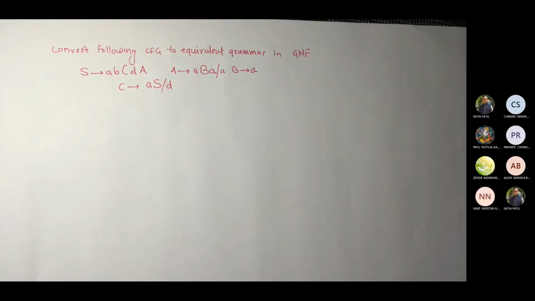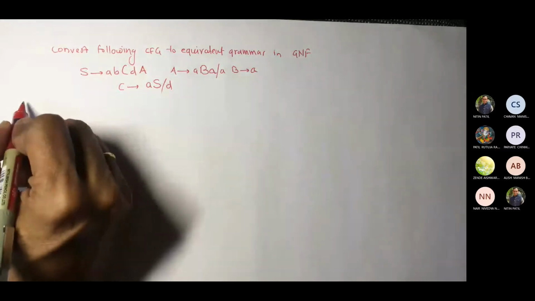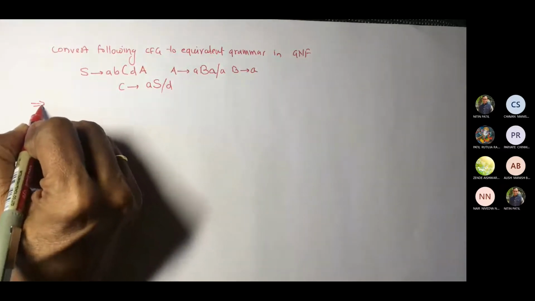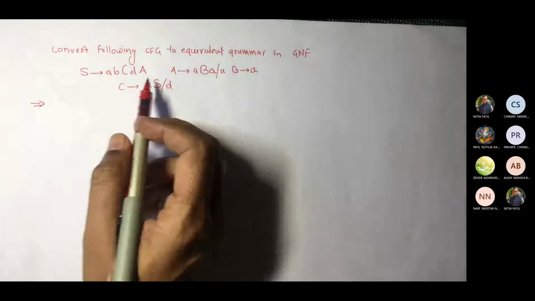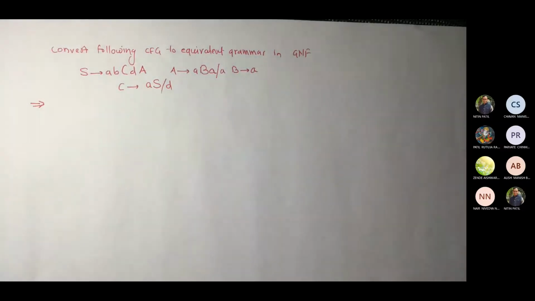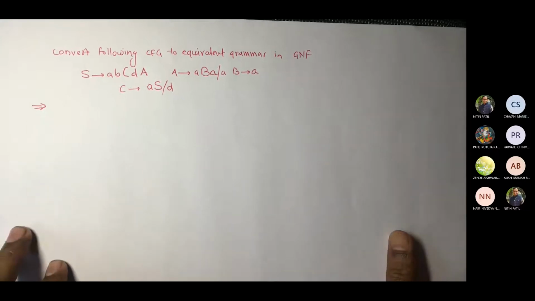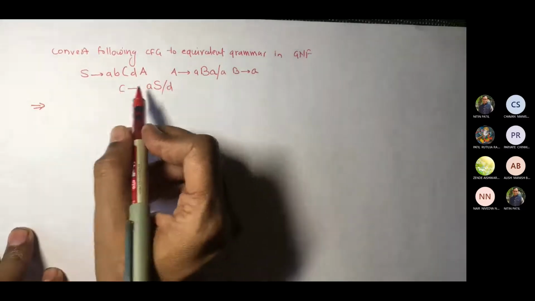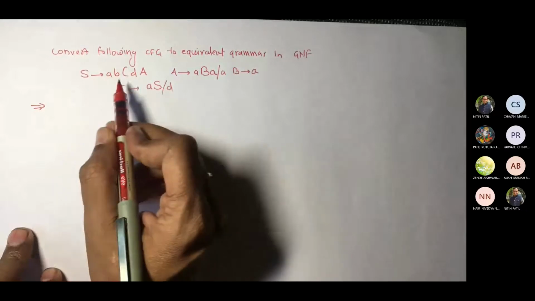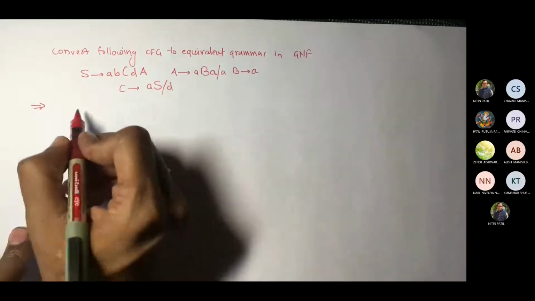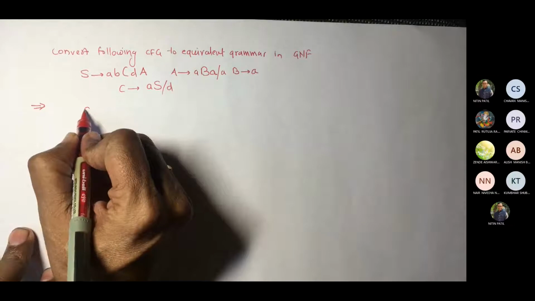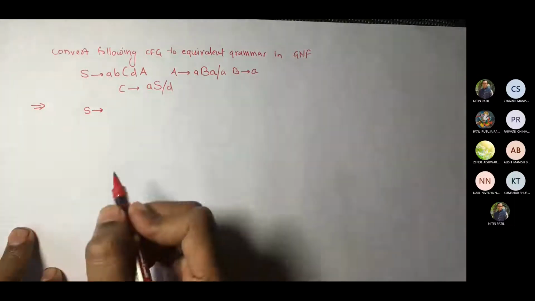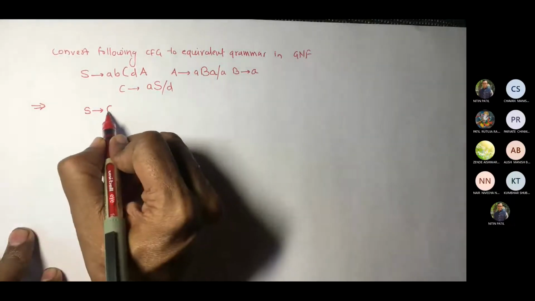Now, if you see, the grammar is not in CNF, so the first step is to convert this to CNF. Right now there is no epsilon production and no unit production, so we can move further. Let us take the productions one by one so that we can convert them. I will directly write the translation in CNF.